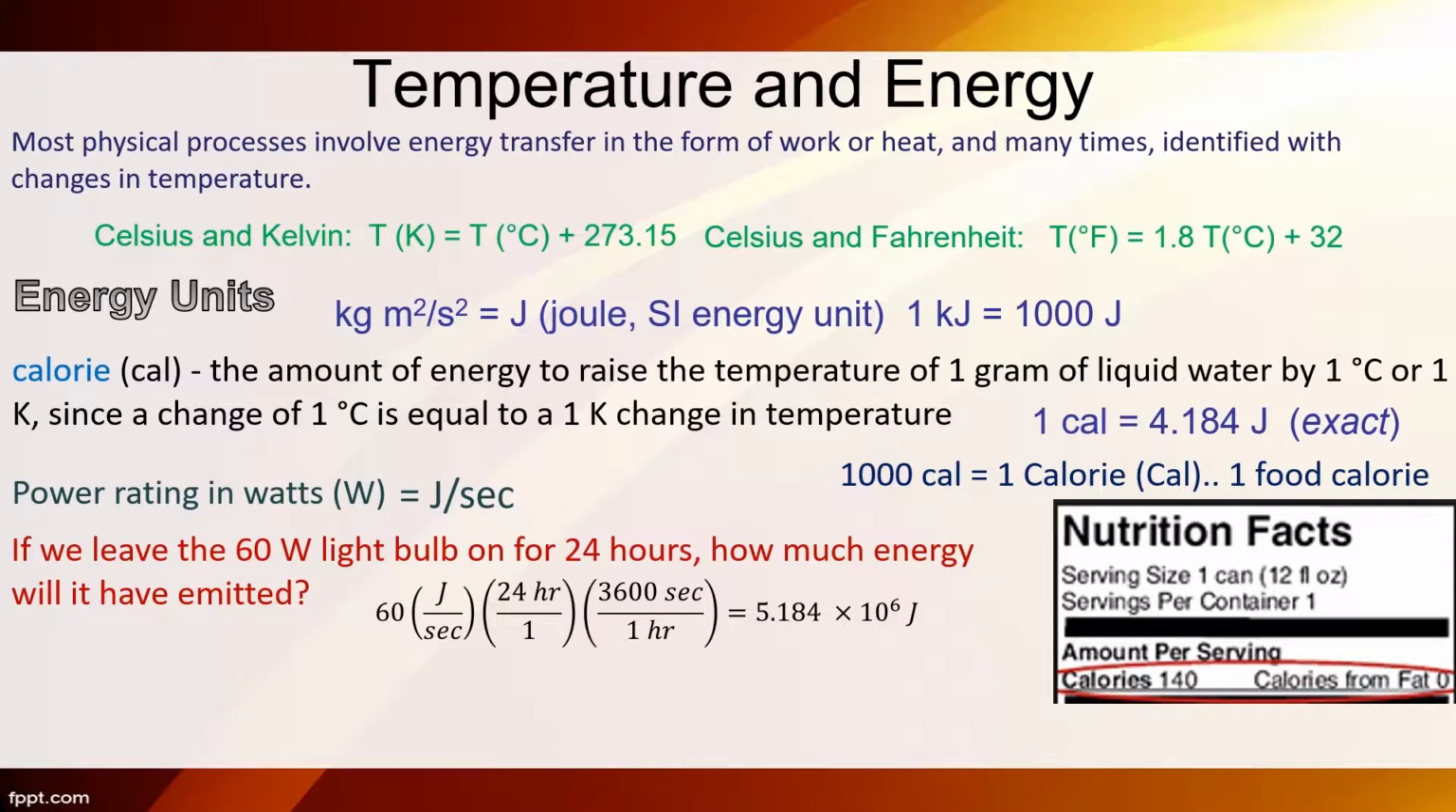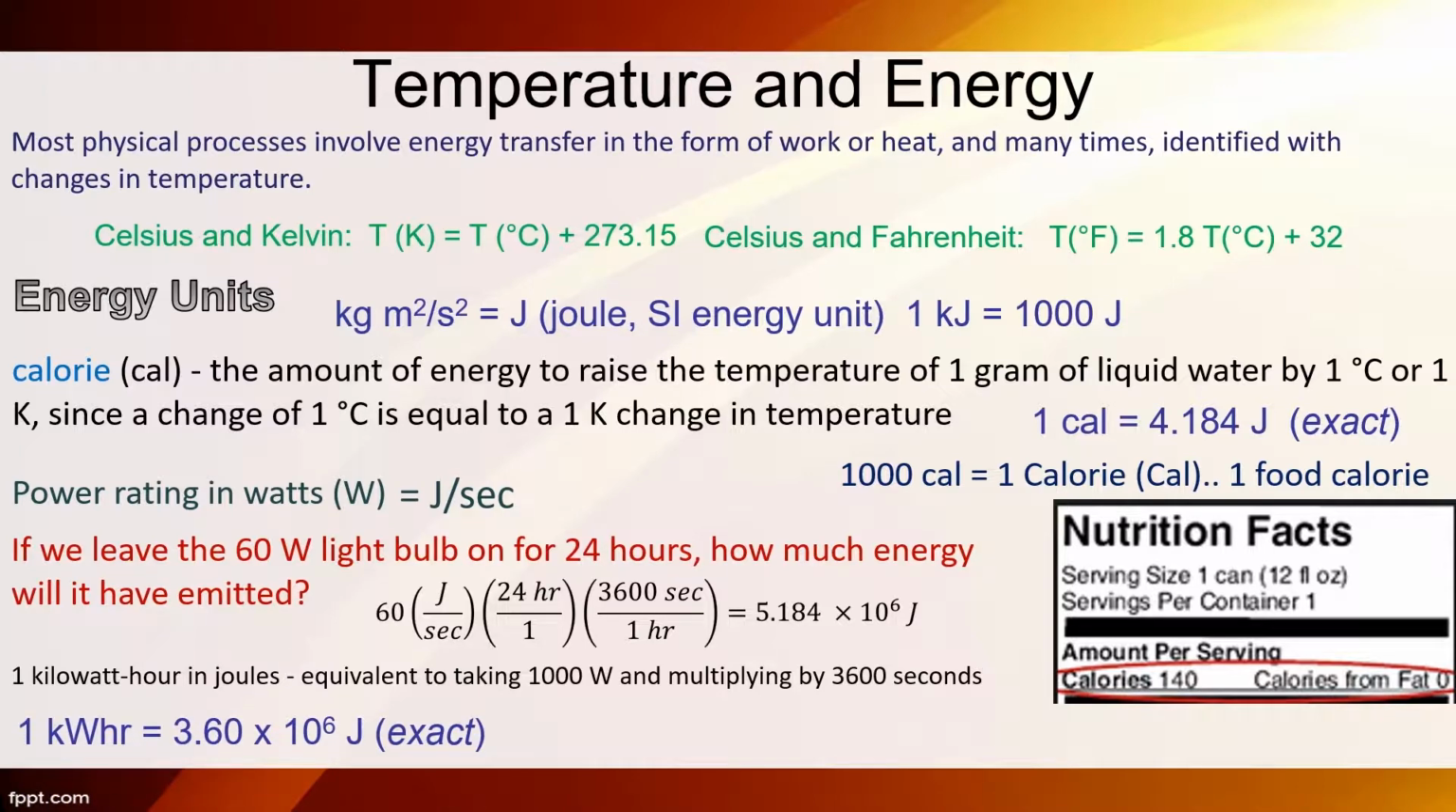We simply convert our hours into seconds, knowing 1 hour equals 3,600 seconds, and multiply the seconds we obtained by the wattage to get the energy in joules, obtaining over 5 million joules. In the same way, we find that 1 kilowatt hour in joules will be equivalent to taking 1,000 watts, which is a kilowatt, and multiplying by 3,600 seconds, or 1 hour of time. The conversion is 1 kilowatt hour equals 3.60 times 10^6 joules,